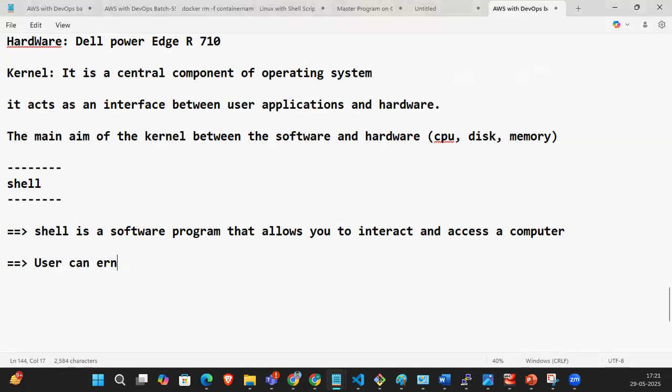User can enter the commands in the shell prompt, so which will be executed. 1 second, guys. Which will be